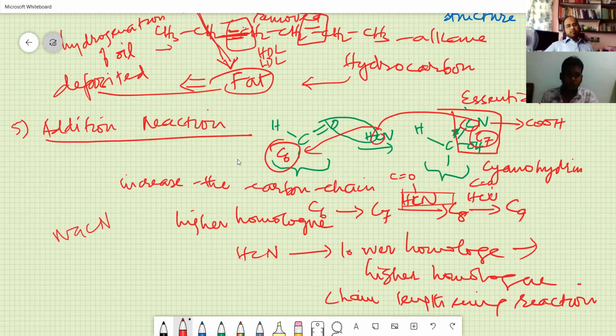In MSc, you will have this potassium cyanide to convert C6, even C5 into C6 or even C4 into C5, lower homolog or higher homolog. That is a chain lengthening reaction in which you can add an extra carbon atom and then do the synthesis of the reactions. Okay, so to sum up, we have seen 5 reactions.